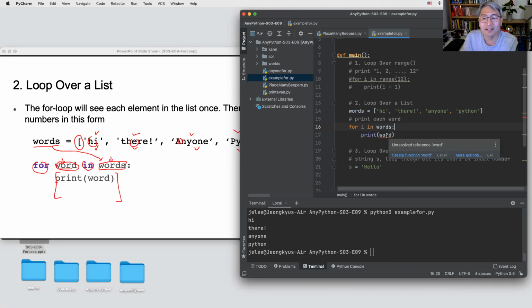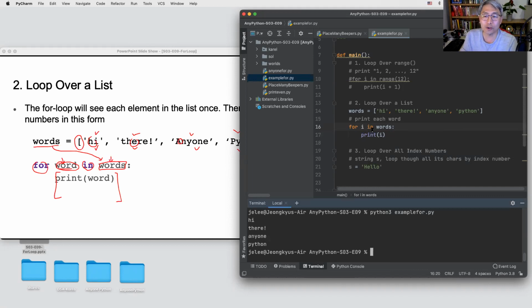Wrong. But if you change this one to i as well, what do you think? Is this still wrong or is it working? If you're not sure, you can try. So it works, Katie, very nice. So you can run it and still get hi there and anyone Python.